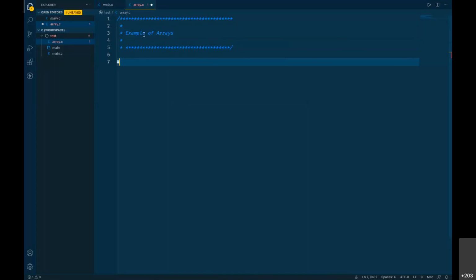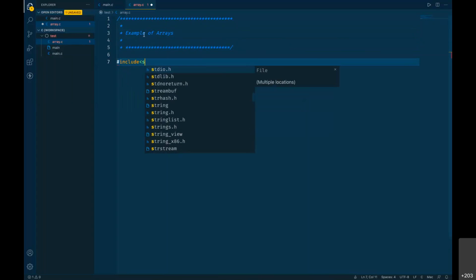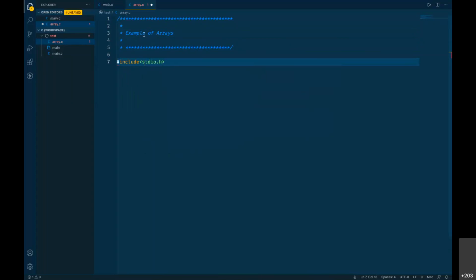Now we can start our program. We can simply go for #include <stdio.h>, and this editor helps me to write code faster. I'm not typing everything, but because of the C++ extension installed, it gives me these suggestions.